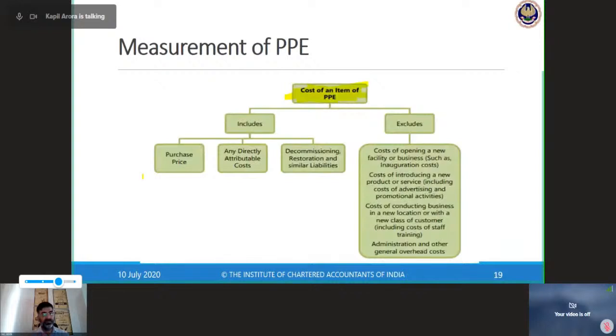Right? So one thing, I am just taking the last point, then we can close the session. Purchase price, any directly attributable expenses, and at last decommissioning cost. Decommissioning cost means